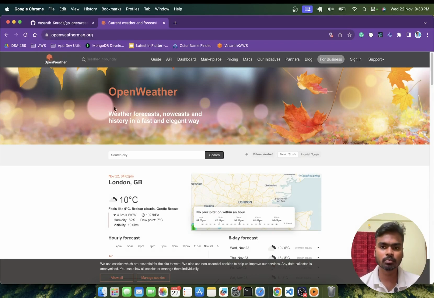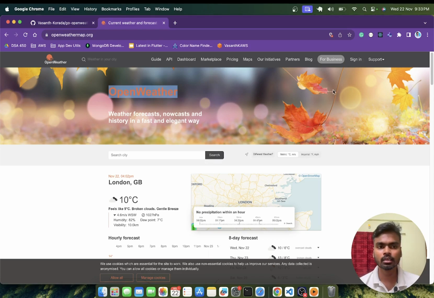For this Golang weather app project, we are going to use the Open Weather Map API from this website. This is a standard API. You can pass in the city as the query param, and you can get the current weather information of that particular city. To access the Open Weather Map APIs, we would need an API key as the authorization for these APIs.